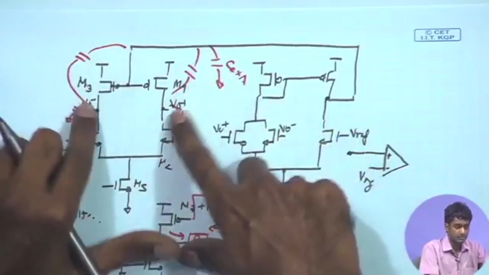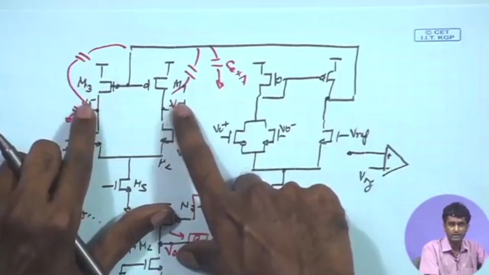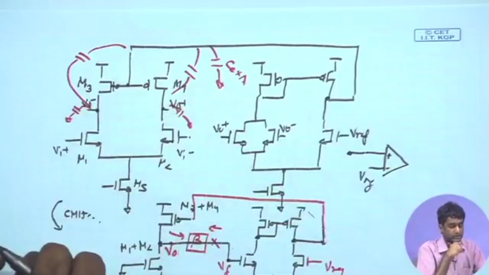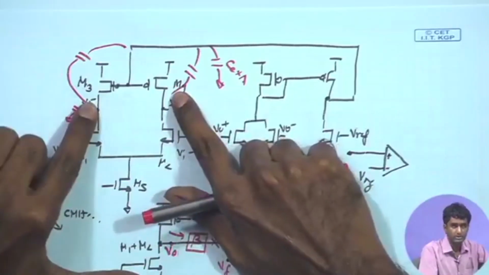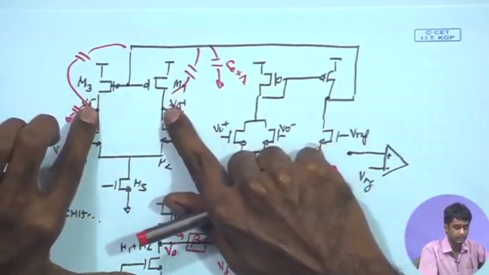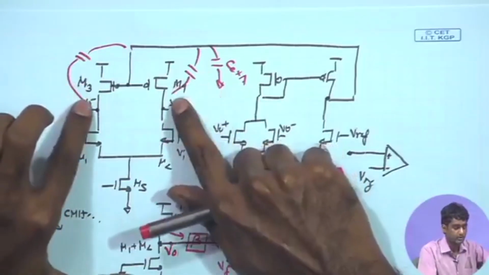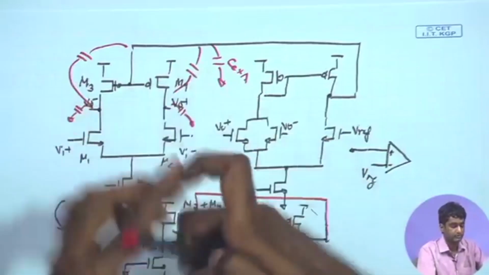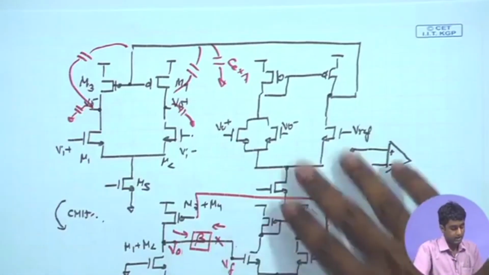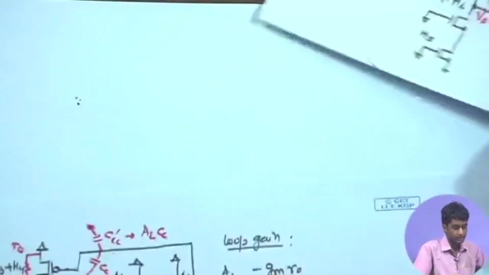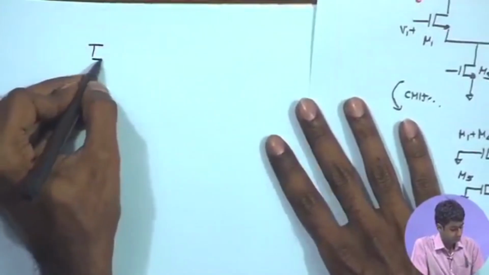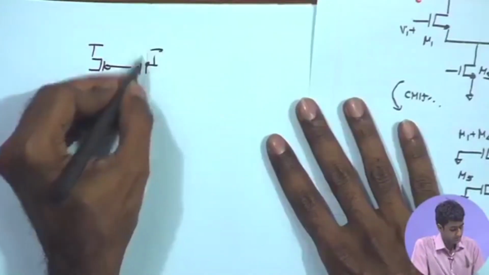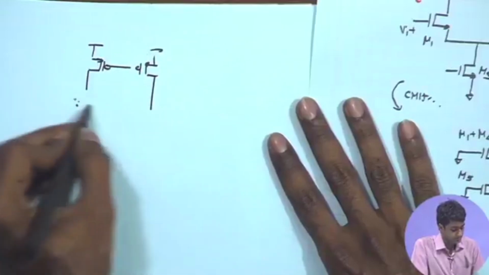But since we are proposing to put capacitance over here, we should also take care that it does not limit the bandwidth over here. And if we want to avoid any effect altogether on the differential node, we can put buffers over here. So, the capacitors can be put after the buffer. For example, after these nodes, if you employ buffers rather than directly connecting to the output node, an alternate scheme where